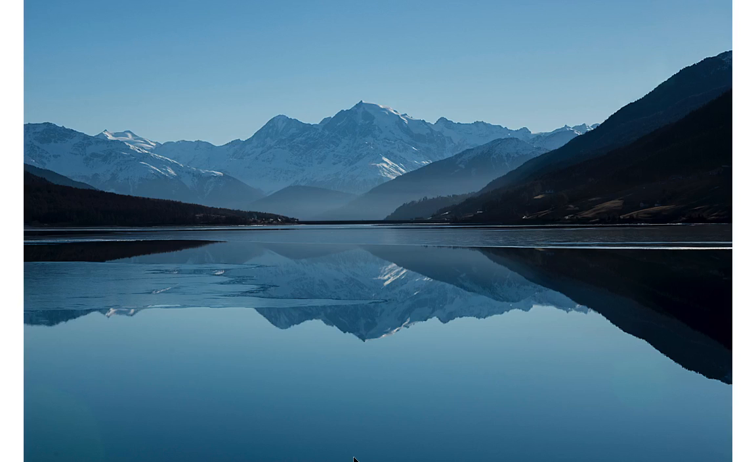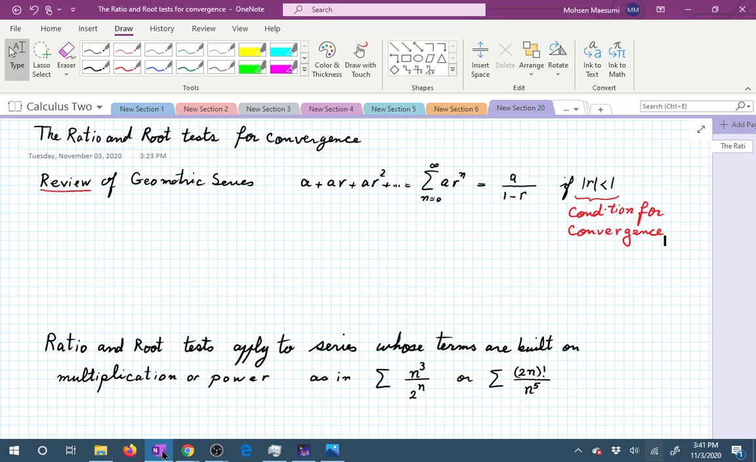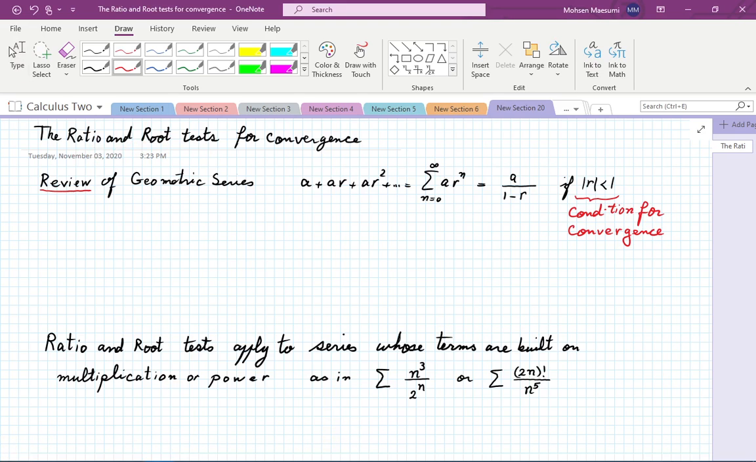Today we are going to continue our conversation about infinite series, and we are going to look at two other methods for determining convergence, and these are called the ratio and the root test. Let's go ahead and take a look at this quick and interesting topic. So, ratio and root tests are tests for convergence of a series. We have looked at quite a few ways of determining convergence or divergence, and here are two other new methods